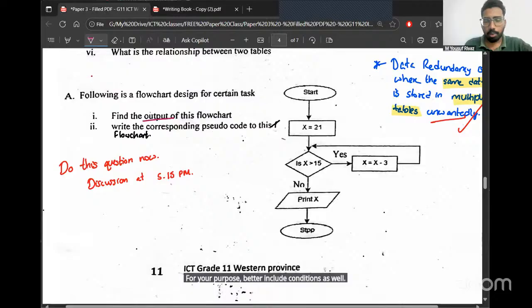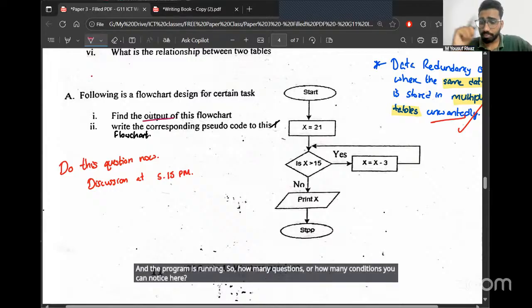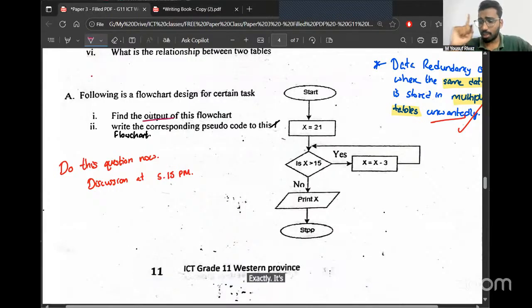Look at this whole program and tell me how many conditions you can notice here. Conditions are like questions we have to answer when the program is running. Exactly, it's only one condition.